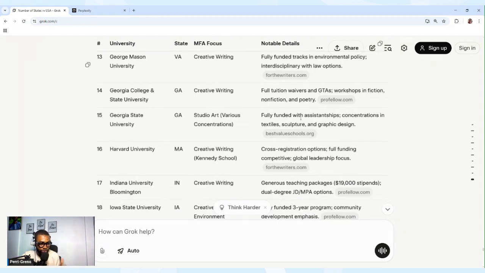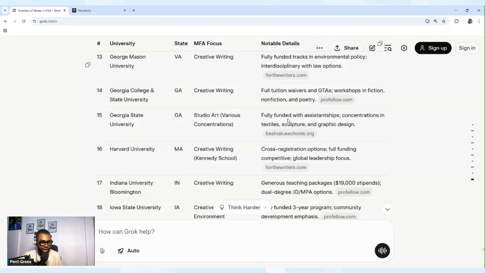Concentration in textiles, sculpture, and graphic design. So those who had your undergraduate in communication design or any fine art program, you can still pursue your master's in arts programs at Georgia State University.